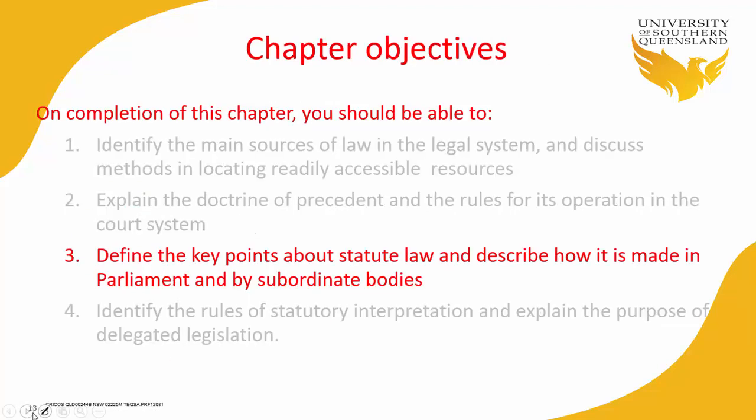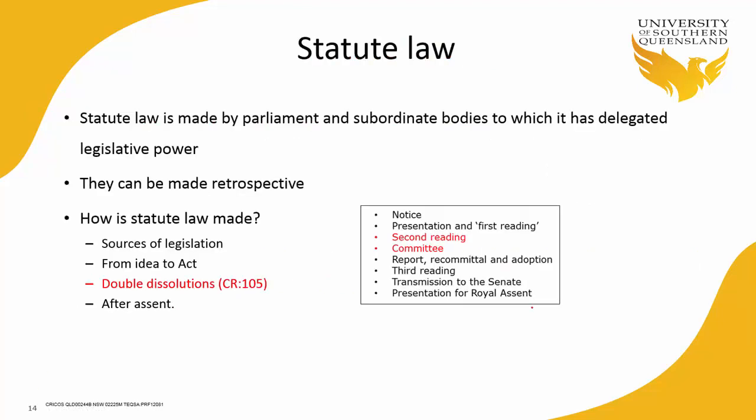So let's then move on to our third learning objective, which requires us to define the key points about statute law and describe how it's made in Parliament and by subordinate bodies. Now, the key point I suppose here is to understand how statute law is made. Okay, the discussion starts on page 97, and there are some key important points in the brief box for you to look at. Okay,